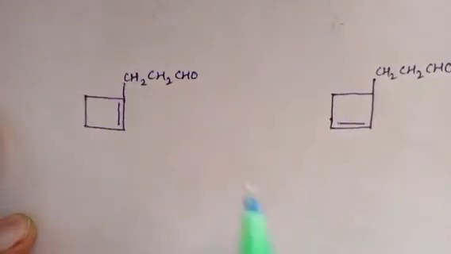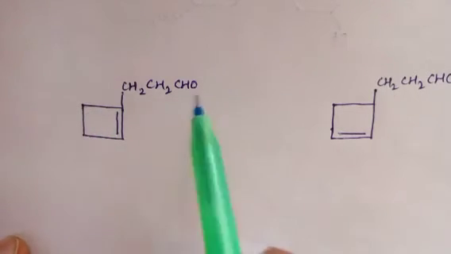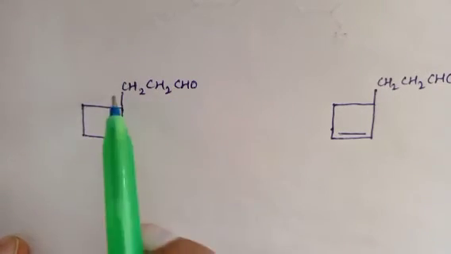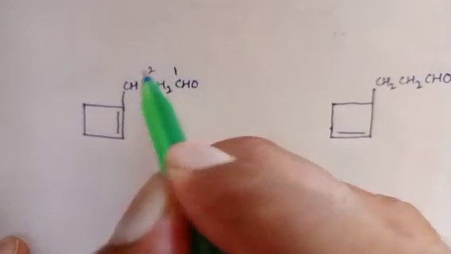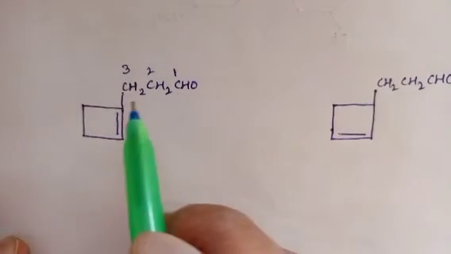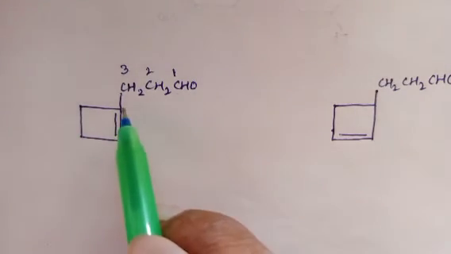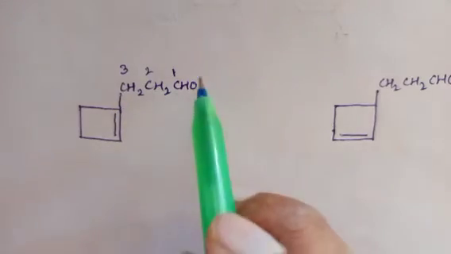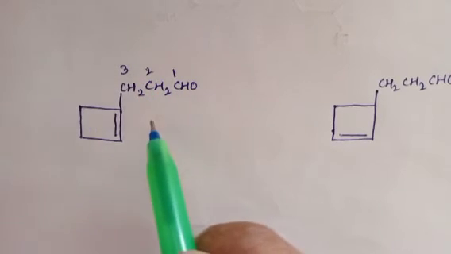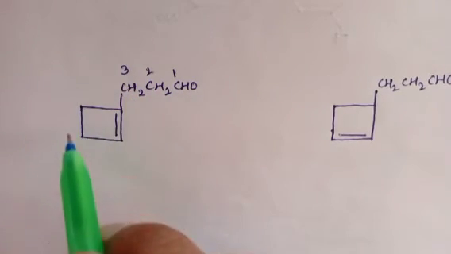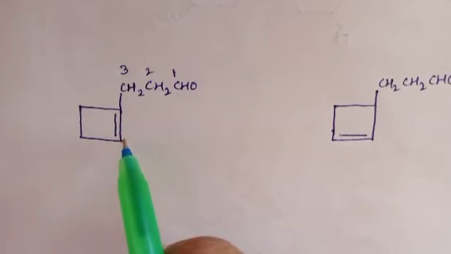See this one. Right. Cyclic part contains 4 carbons. Alkyl part contains only 3 carbons. But alkyl part contains functional group. So based on this one, give the numbering 1, 2, 3. Right? And even though that cyclic part contains multiple bond, alkyl part contains functional group. What is the main one? Functional group is the main one. Based on that functional group, give the numbering for this organic compound. So at third position, this part acts as substitution. What is this part? This is cyclobutene. What is this part?